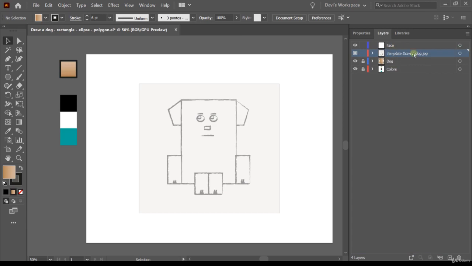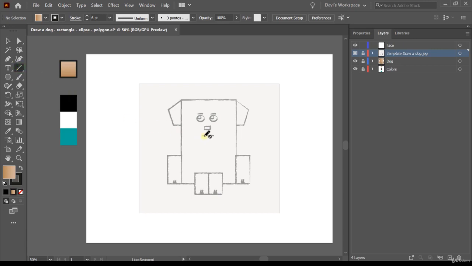In this way, I can draw the eyes, the nose, and the mouth without making any flaws. And I'm going to lock it again, the template of the dog. Now let's draw the eyes, the ear, and the mouth, okay? So for the mouth, it's just a slash. It's a line. So I'm going to click on the line here and draw